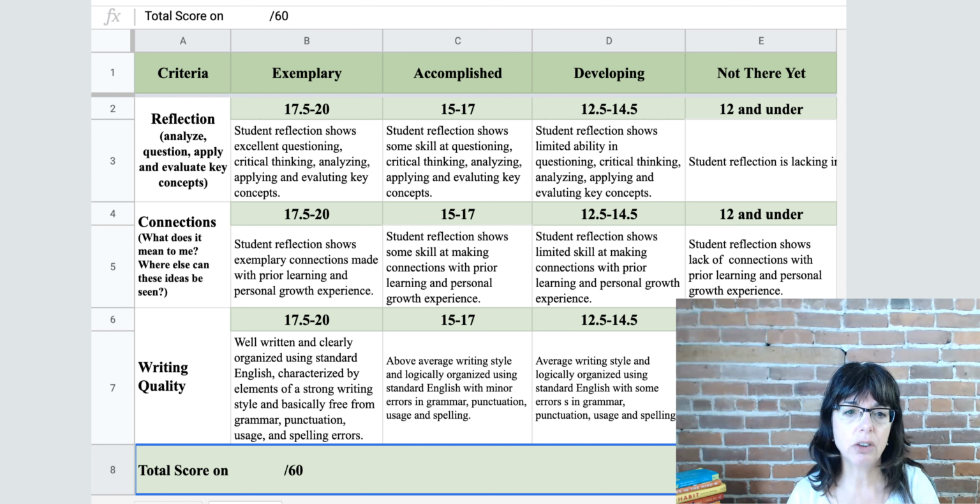The categories resemble one another. They just change in skill level. So exemplary, accomplished, developing, and not there yet. The next thing that I think is really important in your journal entries is the connection that you are making with what you are learning. Now, what kind of connections? Well,